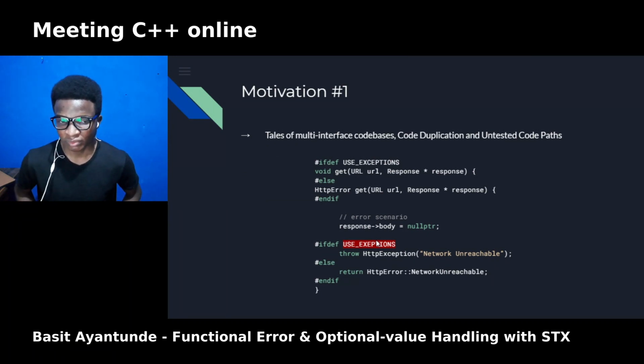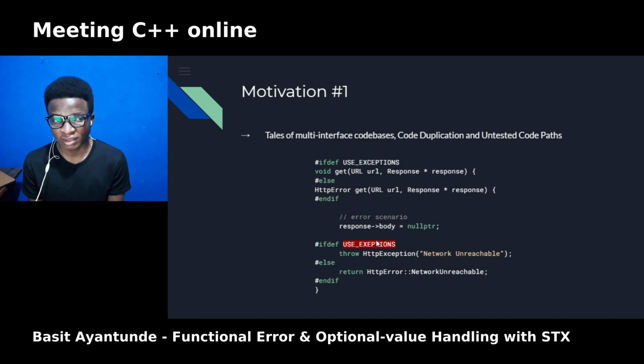So motivation, the reason why I started STX is because I've been working on embedded systems projects in C++, and all the projects I've worked on or contributed to had different error handling techniques. Even a single project could have different error handling techniques. In these projects, we had different dynamic requirements for handling errors, especially when you don't immediately have a monitor for viewing logs, stored errors, firing up your debugger or inspecting call stacks. So I needed a library that could sufficiently solve this problem. That's why I started STX.